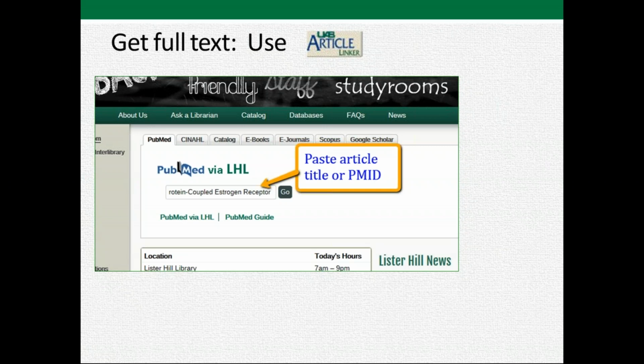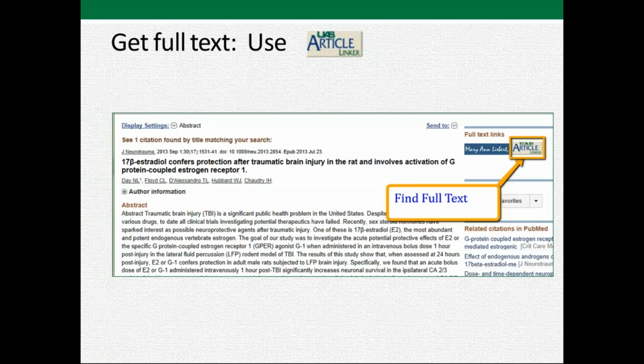But what it is, if you do a PubMed search, you put in your search and you get some articles. You pull up the citations in PubMed, and first of all, you want to go through the library website to get to PubMed, even though it's a free resource. You want to start with the library website.